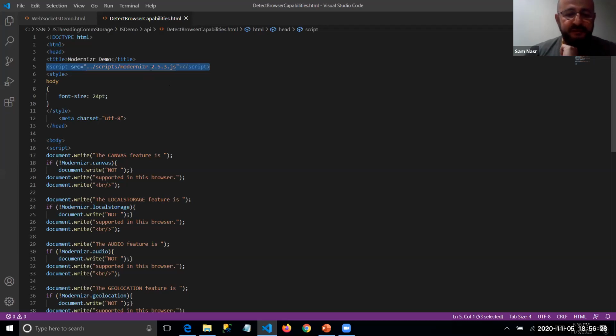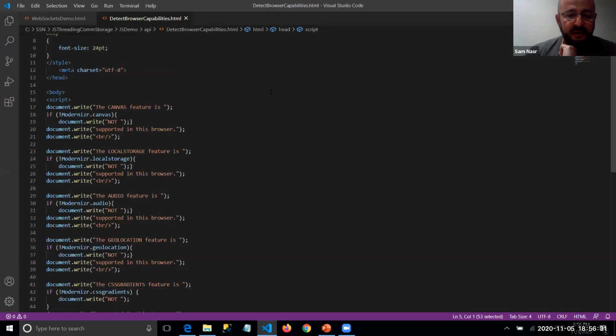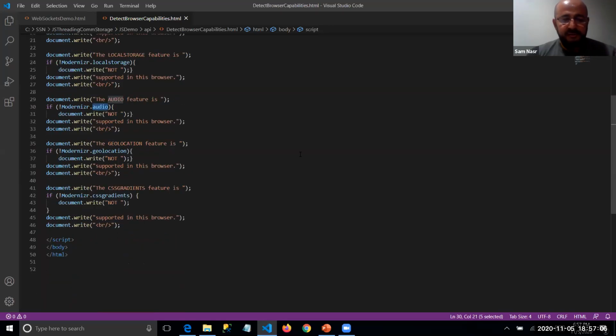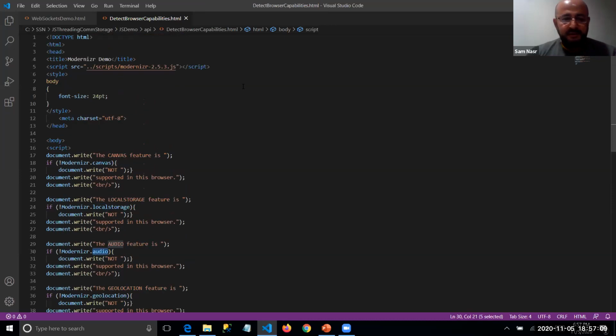So here I'm looking for that specific version of the library. And all I'm doing is checking to see: does this browser support the canvas object? And if it returns false, then I'm going to display the word not followed by supported in this browser. And if it is supported, then this portion will not execute, and it will just say that canvas is supported in the browser. And we do that for a variety of different features: local storage, audio, geolocation, and so on and so forth. Okay, and so if we execute that,